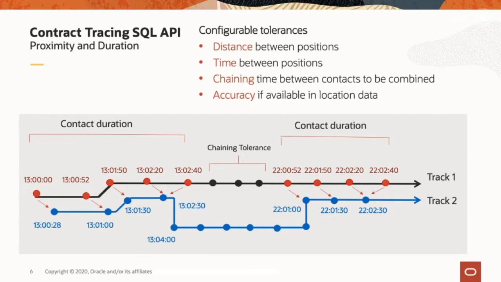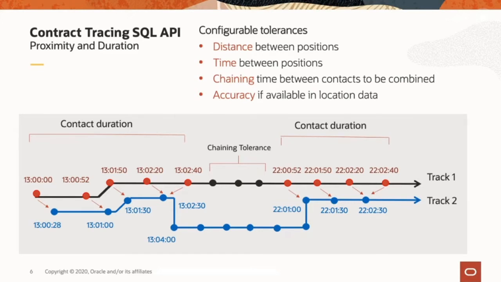And chaining tolerance, which has to do with small gaps between longer durations of contact, and whether we would consider some small gap in contact to truly represent breaking one long piece of contact in two, or whether a very small occurrence of no contact should be ignored and the contact considered contiguous. If accuracy is part of the data, it can be included in the